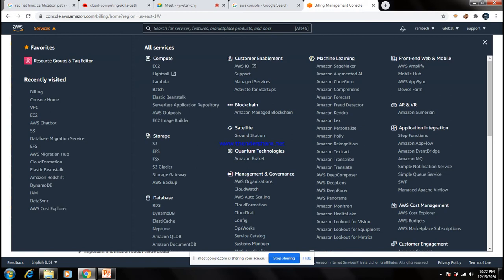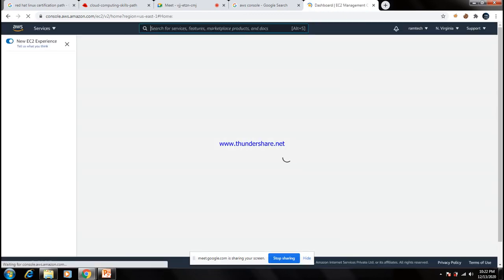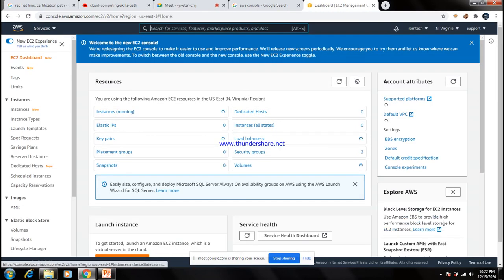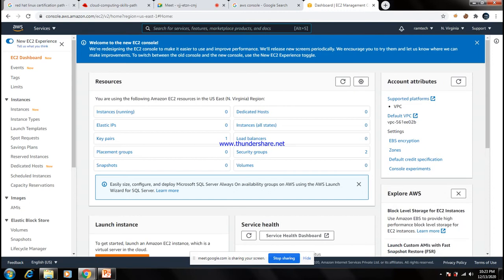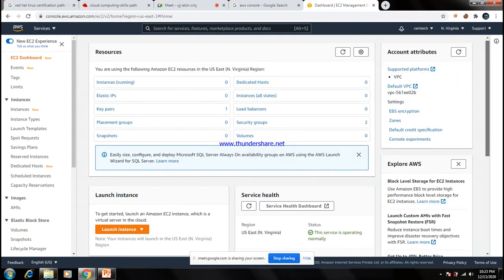The first service is called the compute service, and the first one in it is EC2. So go to EC2. I can click here on EC2. Okay, so this is EC2.